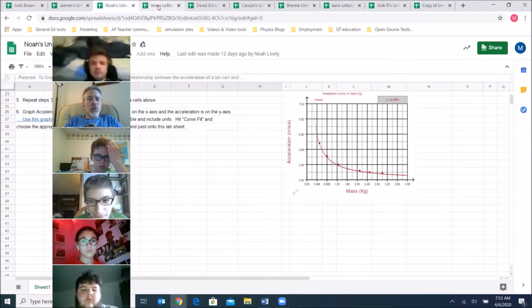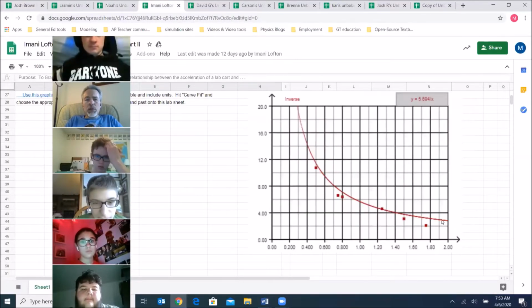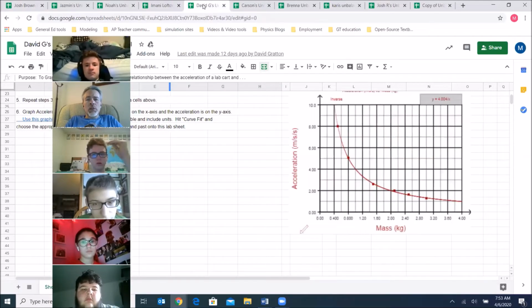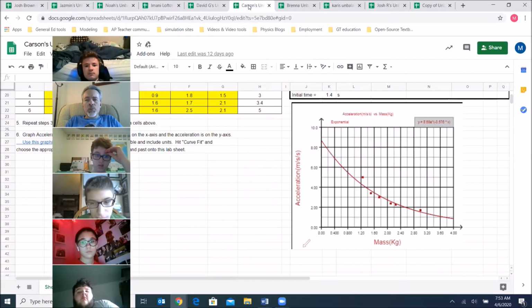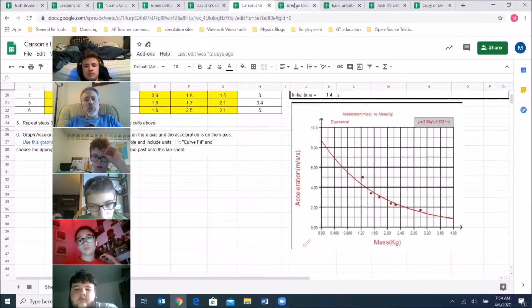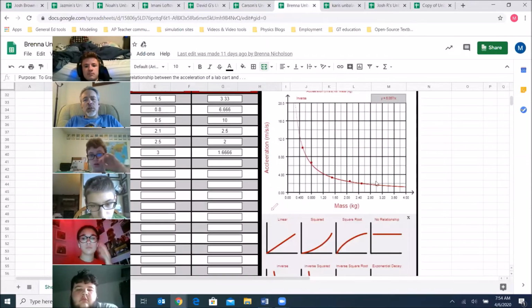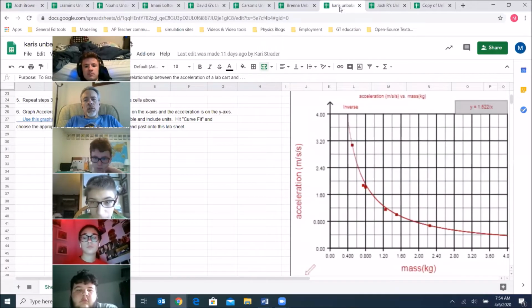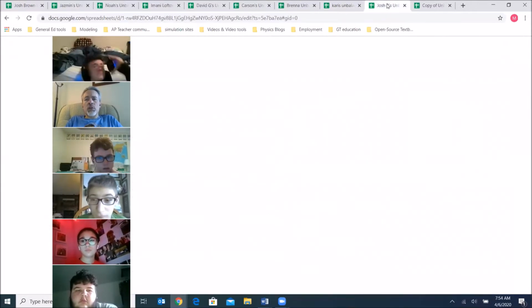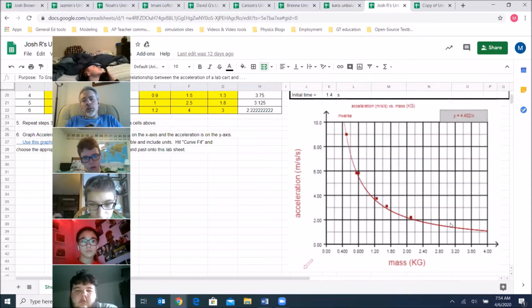Looks like an inverse. This is Amani's. Looks like an inverse. This is David's. Looks like an inverse. Carson's. Kind of looks like an inverse. He put exponential, but I think it actually would have been better as an inverse. This is Brenna's inverse, Kari's inverse, Josh Rodriguez looks like an inverse,